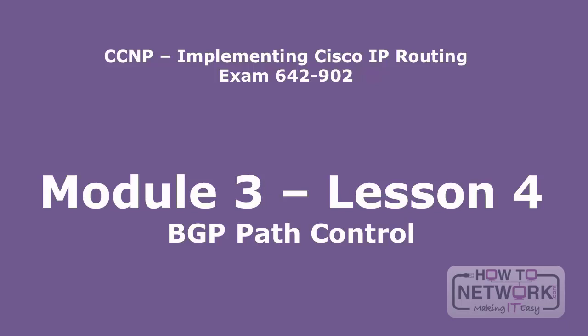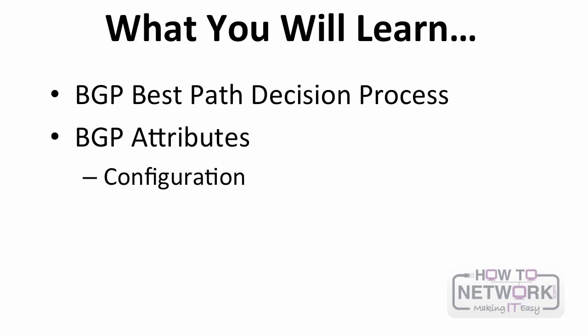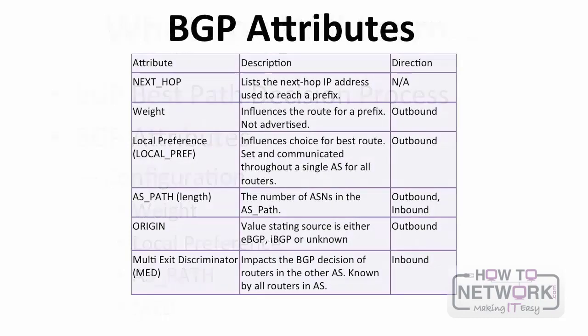Hi, this is David Voss, CCIE 11372, and in this video we're going to be discussing and labbing up BGP Path Control, specifically focusing on BGP attributes. So here's what you're going to learn. You're going to learn the BGP best path decision process, and then we're going to talk about BGP attributes and also lab them up. So we're going to configure them. We're going to focus in on 4 critical attributes you need to know, and that's weight, local preference, AS path,